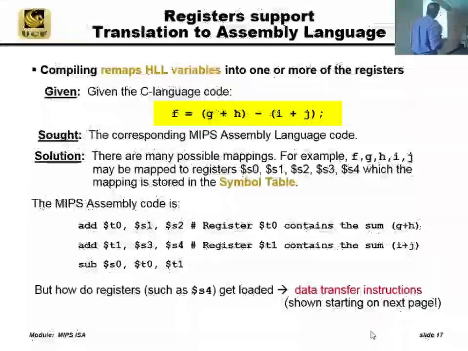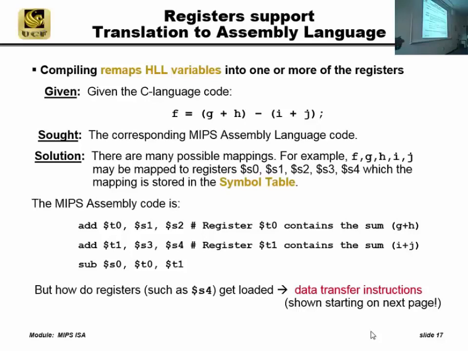So here's a statement that uses a temporary register and a save register. We have to compute f as the sum of g plus h minus the sum of i plus j. So many possible solutions. One possible solution is to add together S1 and S2 here in this first machine instruction, and then add together S3 and S4. Why? Because someone told you that the symbol table was defined so that S3 and S4 contained